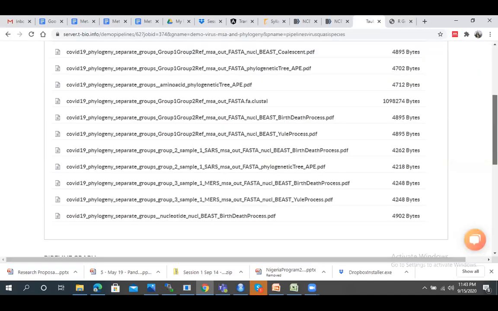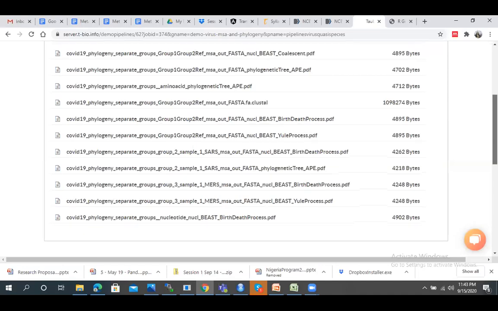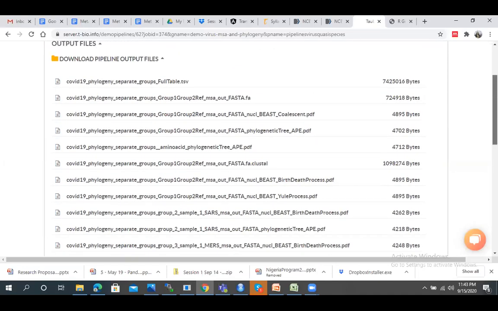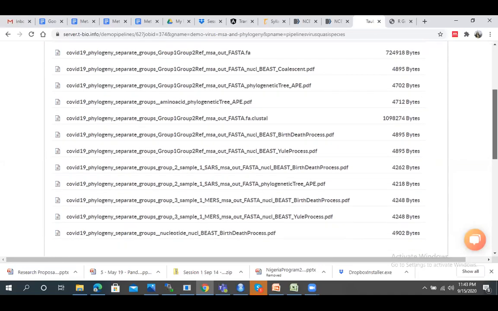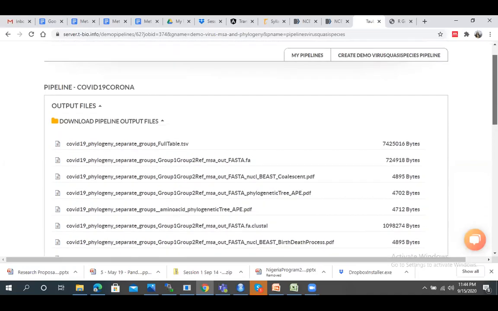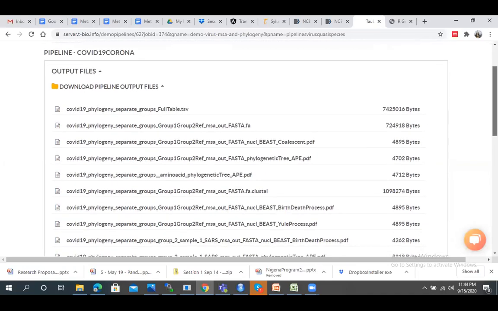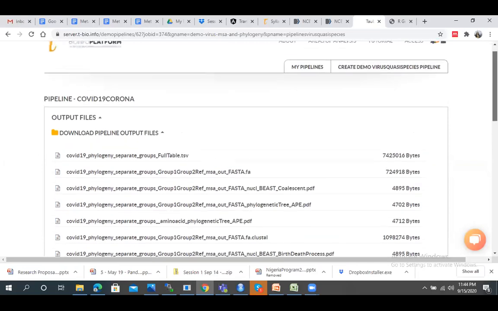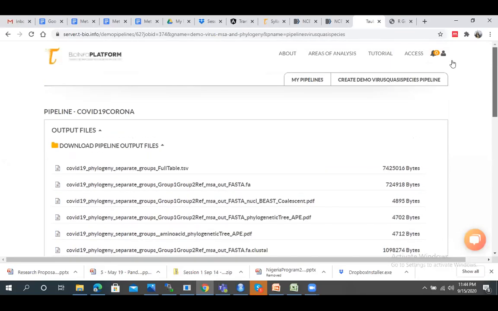Generally, we can proceed further and analyze these results, which we will cover in the next session: how all these files contain what kind of data and exactly what you are doing. And an important point to be noted, MSA is performed using ClustalW. So this is how you can perform a complicated or complex analysis in simple steps. And if you want to understand why you're doing that, you have to go through these courses.